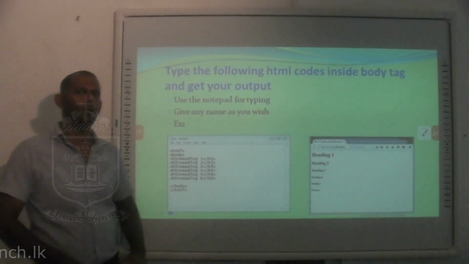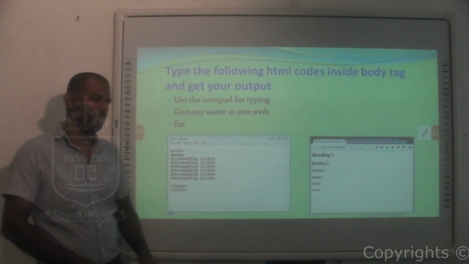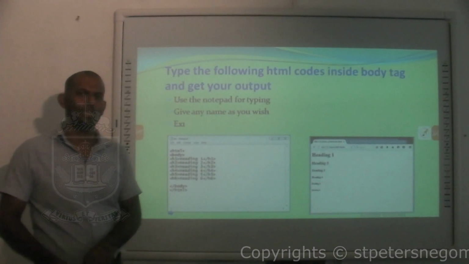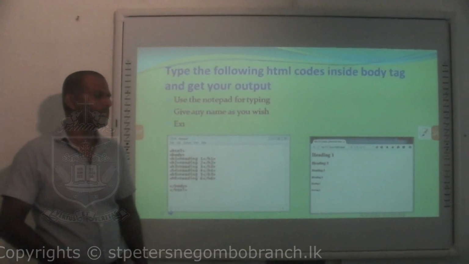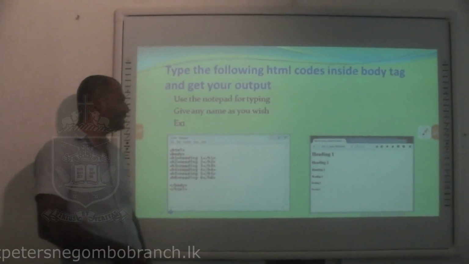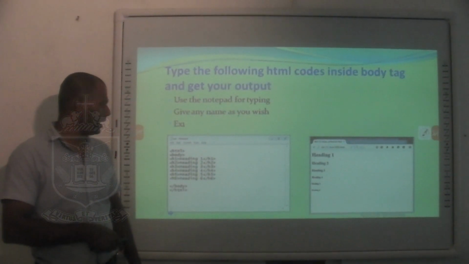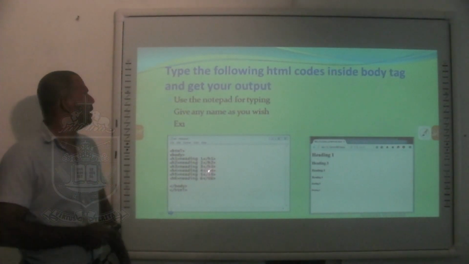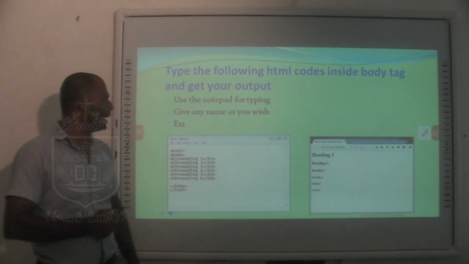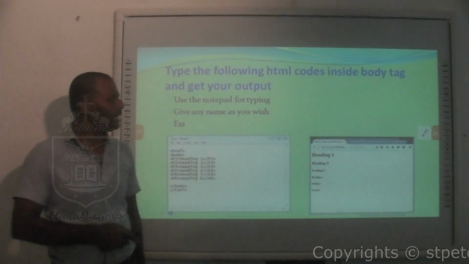You just open Notepad on your computer, type those document texts and save it with a file name and the file extension, and you can get the experience of how it displays. Here in my first example, I have used the header tags, showing how to display headers in your web browser pages. Right. Use Notepad for typing, give the file name as you wish, and you will see the